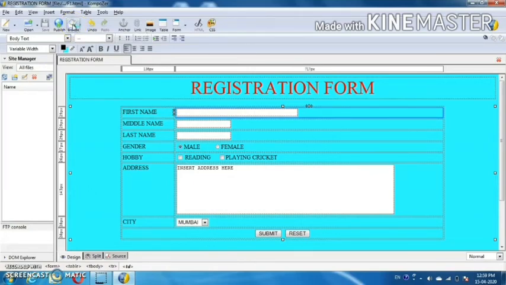Now click on browse for your final output, to see how your web page is going to look. It will take some time, wait for a minute.